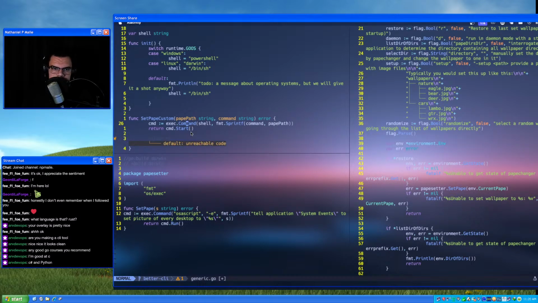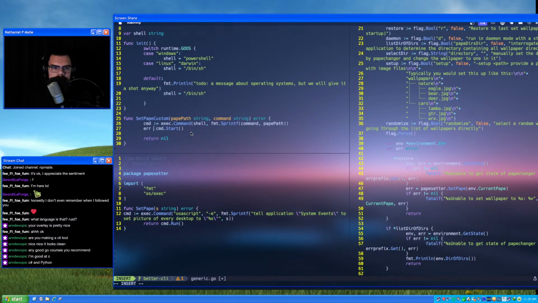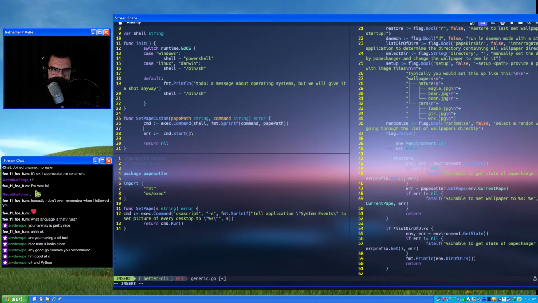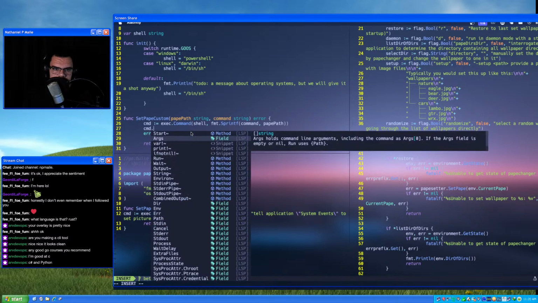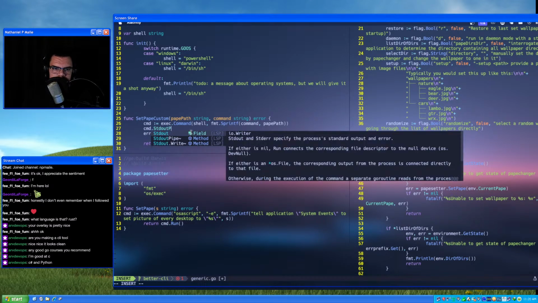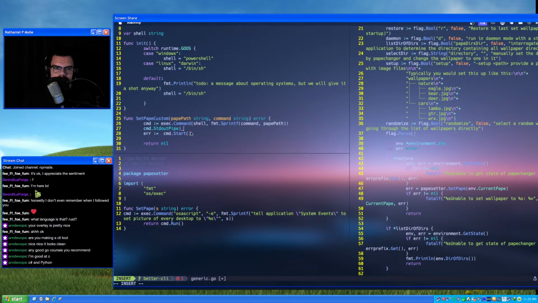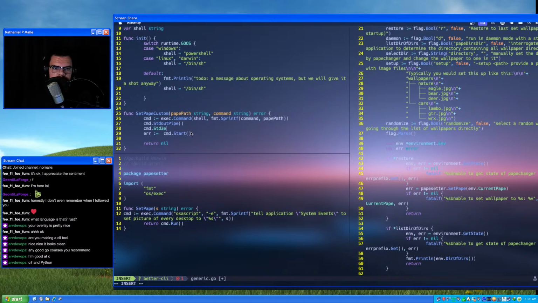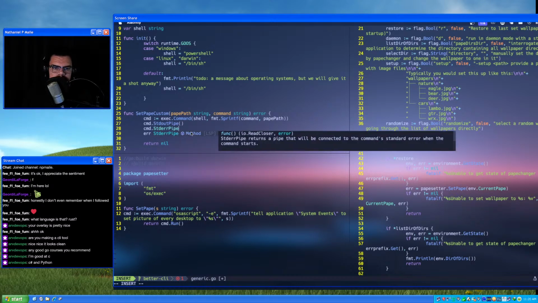Start. I'll say err := that. So then we'll say cmd.StdoutPipe, and then we'll want the cmd.StderrPipe.